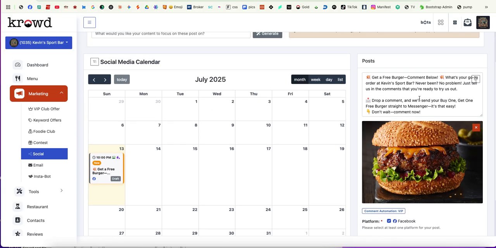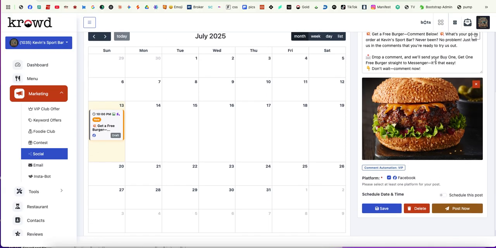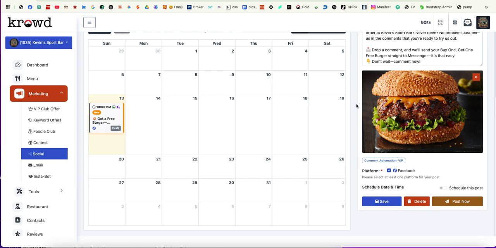So there is the offer. You'll see at the top with all the text. If I want to change anything in there, I can. If I want to change the picture here, I can, but we give you the full picture so you can see what that looks like. And then it automatically has the comment automation on it for the VIP club, so we don't have to do anything there. When we get into the calendar, you can assign different bots to it